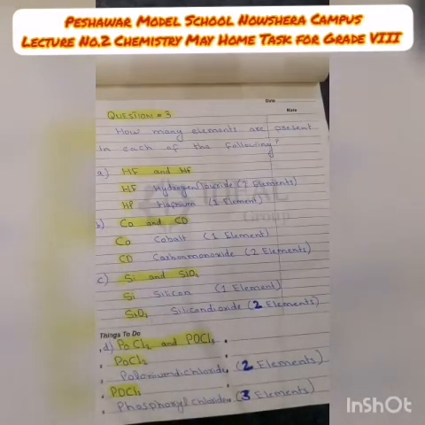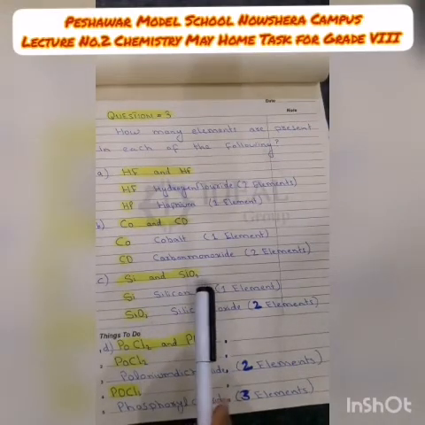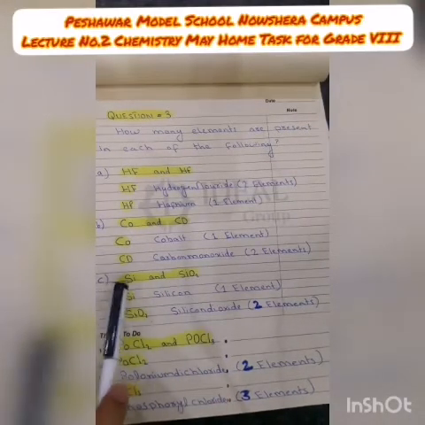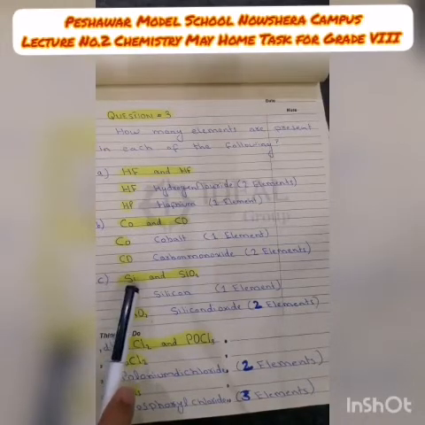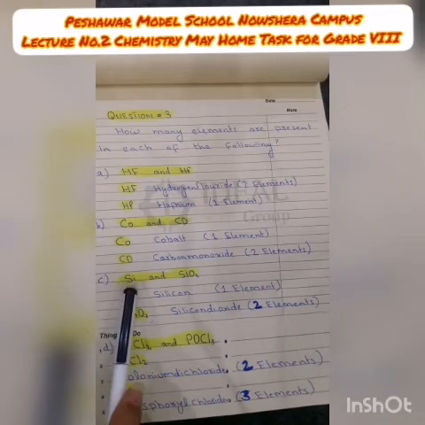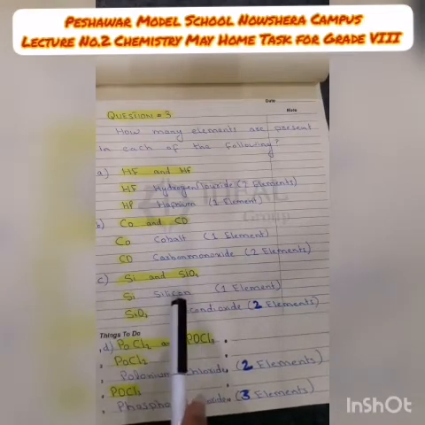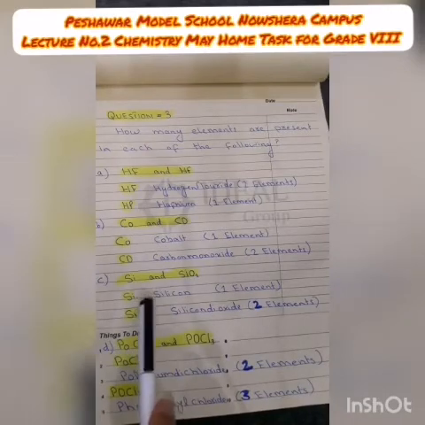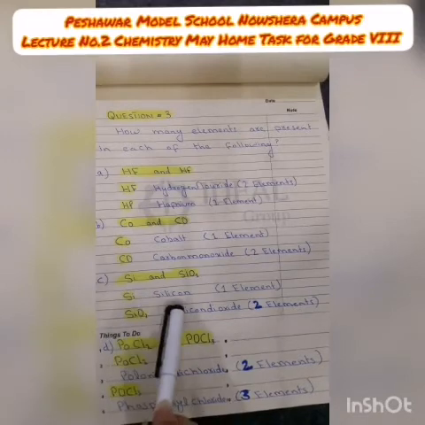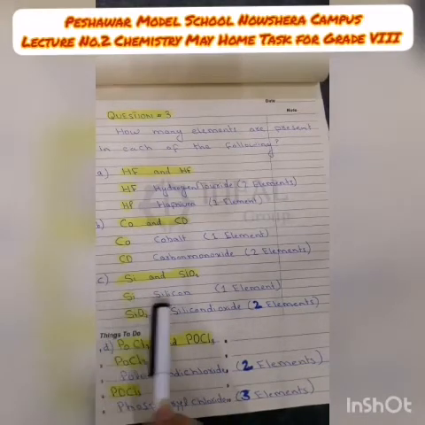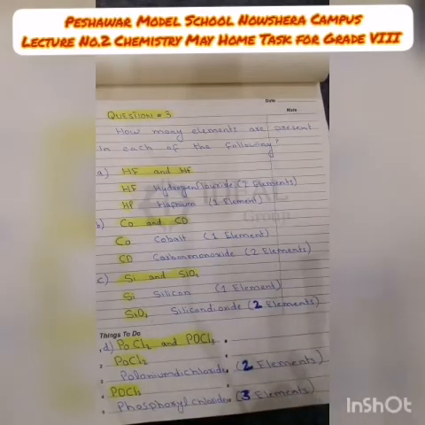Now look at number third one. The first is silicon and the second one is silicon dioxide. Look at number first, which is Si. The first letter is capital and the second one is small. It means that it is a single element. Which element is it? It is silicon. We cannot use S for silicon, because S is the symbol of sulfur. That's why to represent silicon we use Si. Silicon is one element, so it consists of only one element.